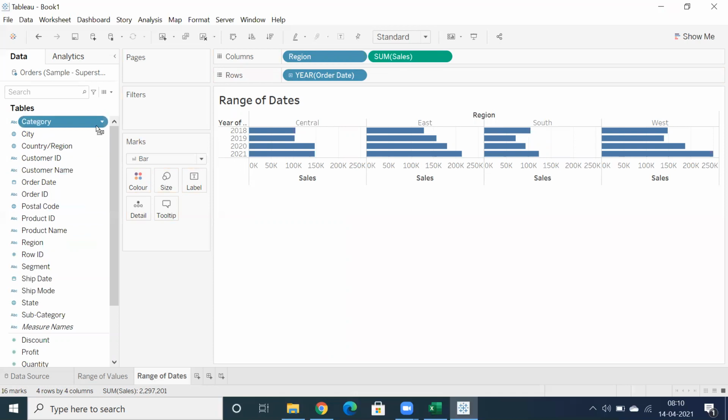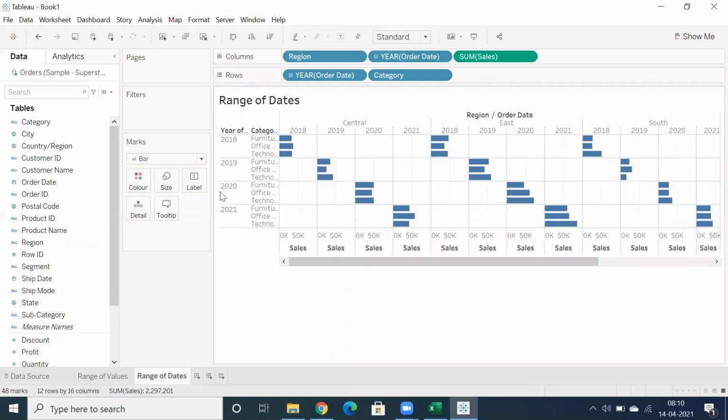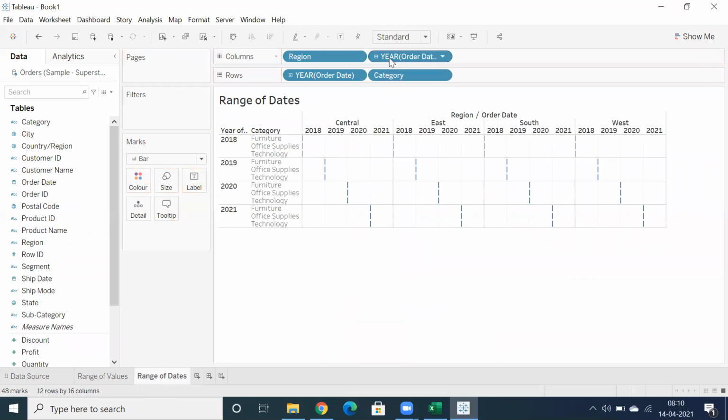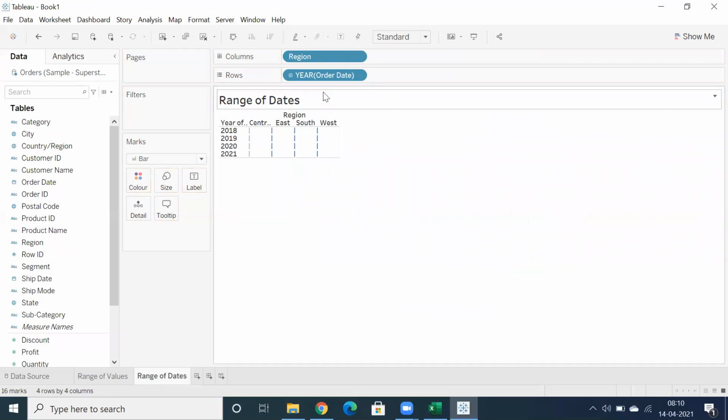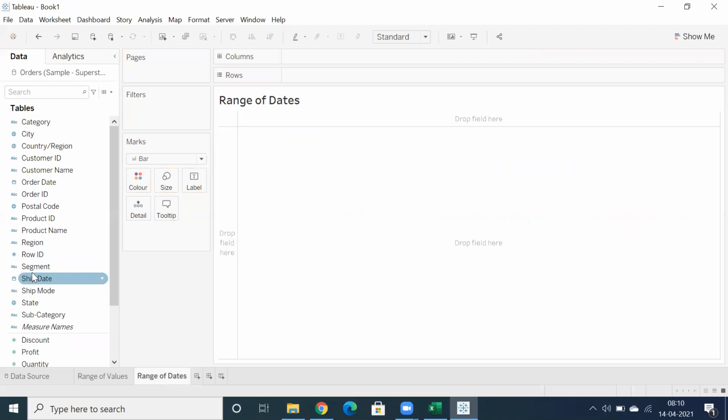You can place any number of dimensions in rows or any number of dimensions in columns. But it depends on what display you want, what report you want to create. Based on that, you need to prefer whether to place a dimension in rows or in columns. So yes, I understand the question.